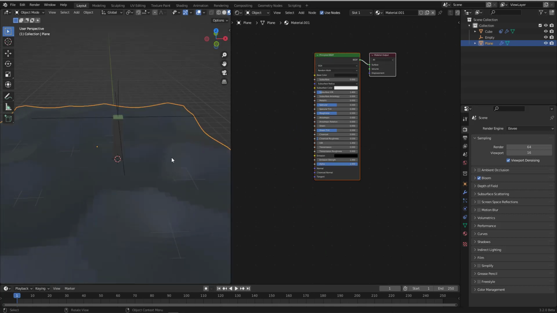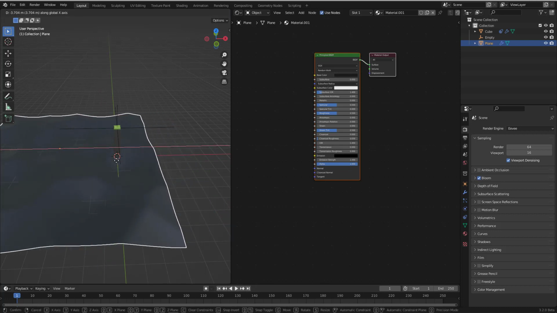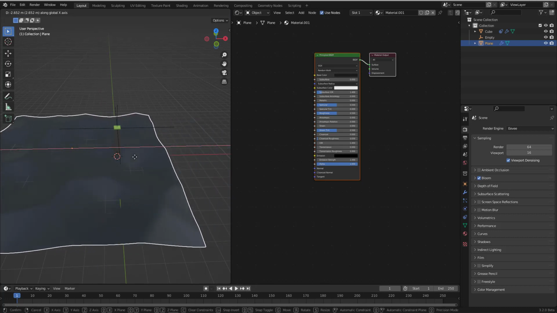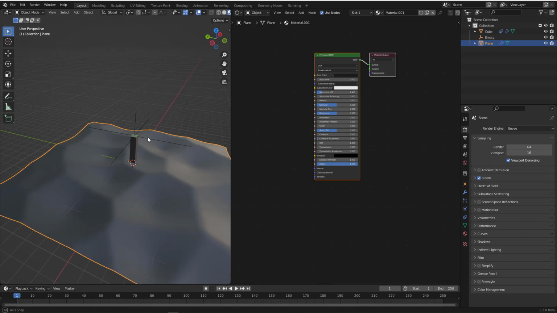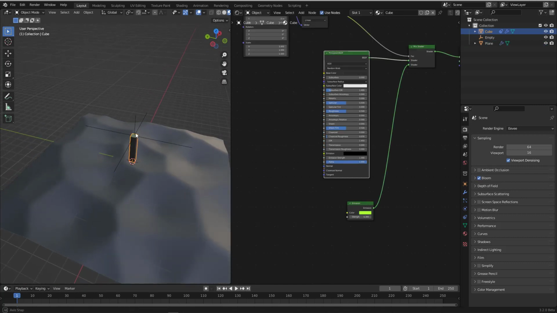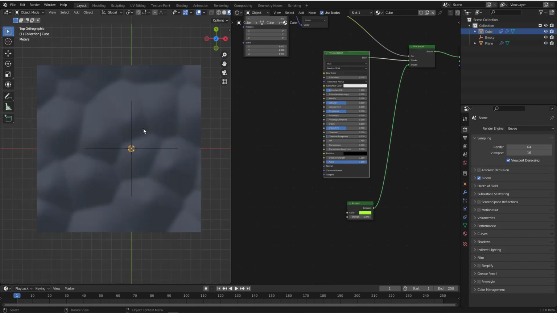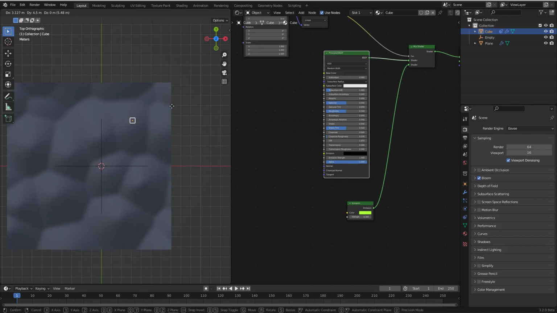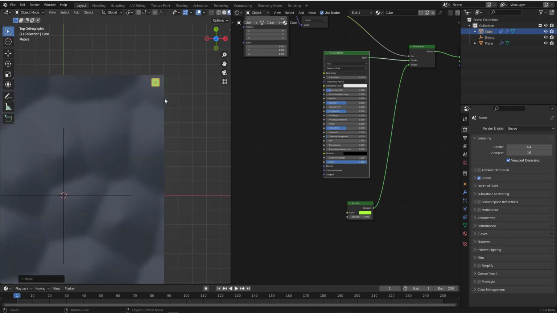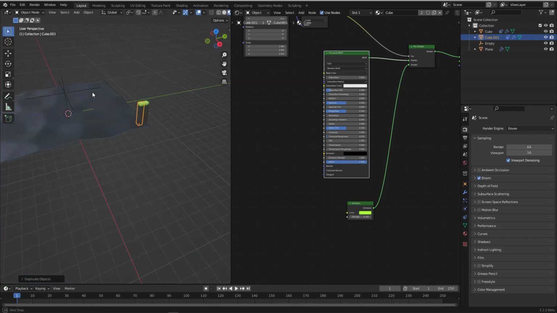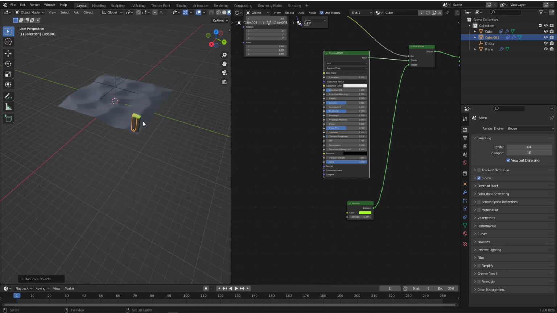I will give the grid smooth shading, and now let's move this like that. It's very nice. Imagine when we duplicate these cubes, what's gonna happen. So let's go to the top here, and I will hit G to move this right here at this corner, and I will hit Shift D to add a new copy next to this one, and I will hit Shift R a couple times